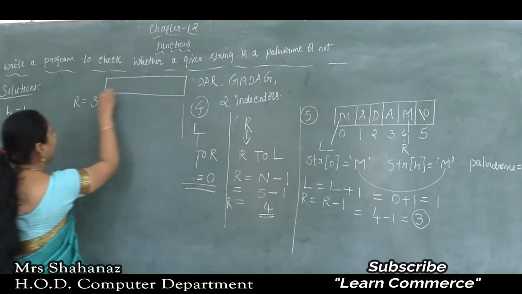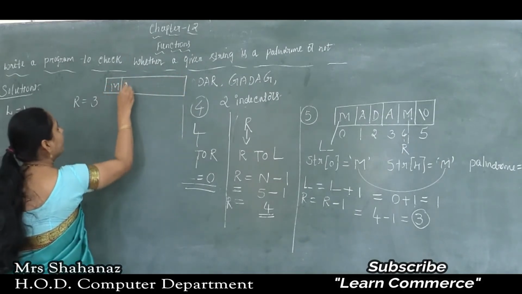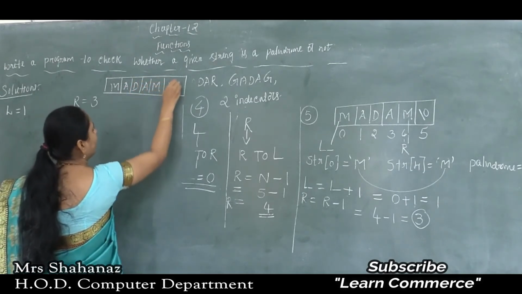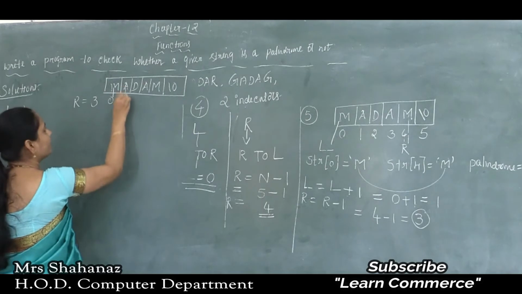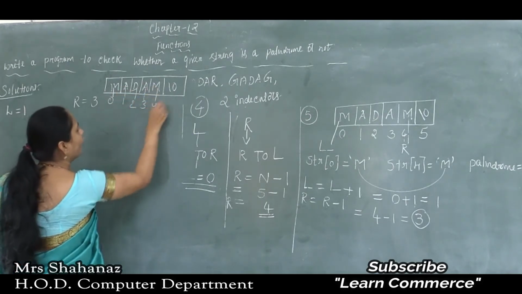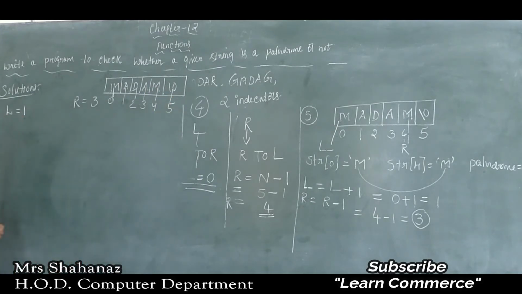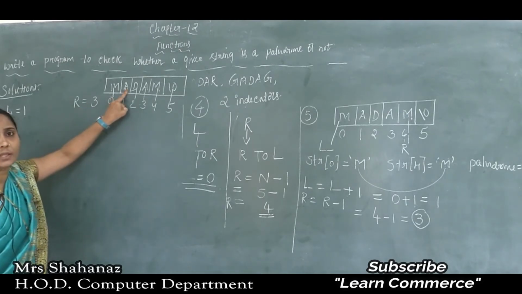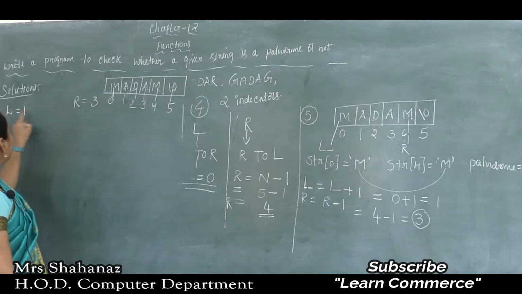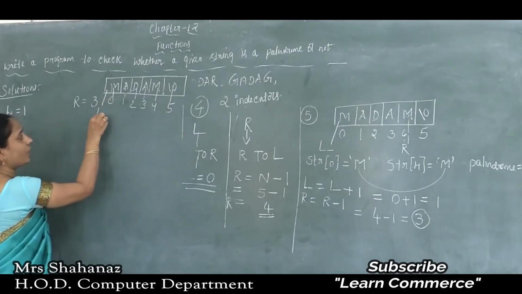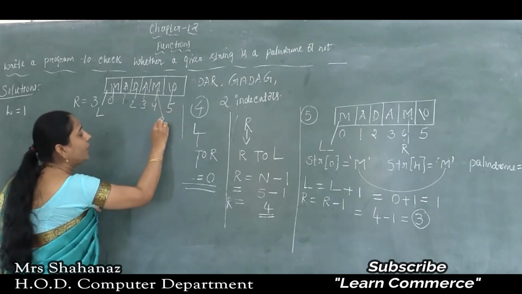Here again I am going to write the madam string, just so we can very easily get the answer in this case. As we know, this value is 0, this one is 1, this one is 2, 3 and 4, and later this position value is 5. Okay, now we know that the L value is 1 and the R value is 3. Now in the first position, which value is that? The value is 1, correct? The L value is 1. This one is called the left position, and this is called the right position.